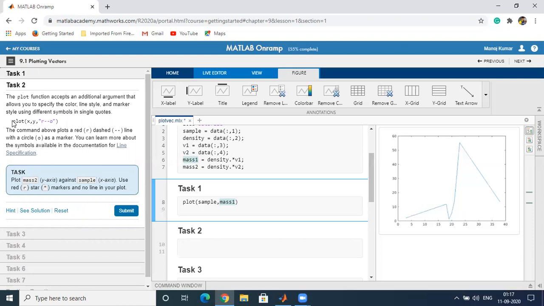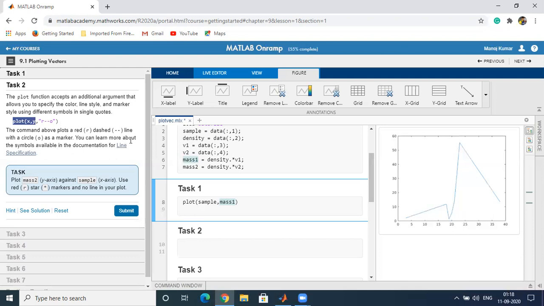For example, plot(x, y, 'r--o') will plot the x and y axes, and inside the quotes, r stands for the red color, dash dash stands for the dashed line, and o stands for the circle, which will be the marker. The command above plots a red, dashed line with a circle as a marker.